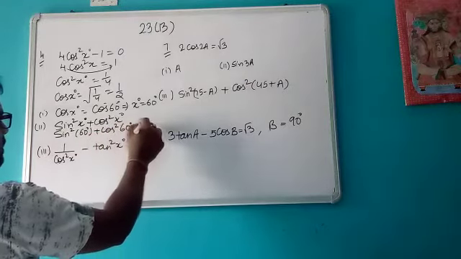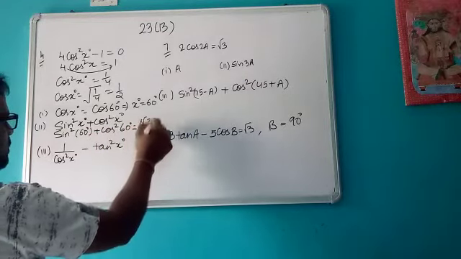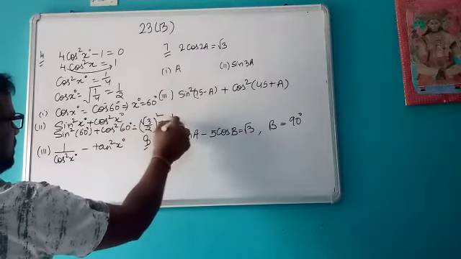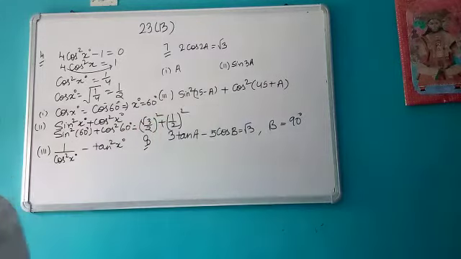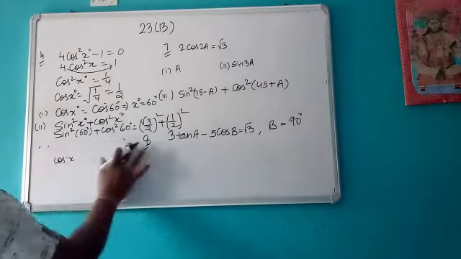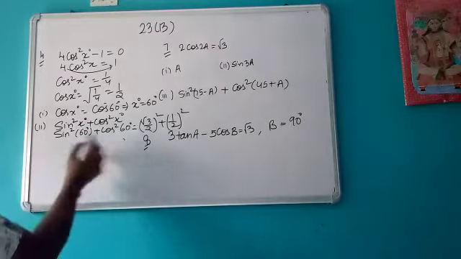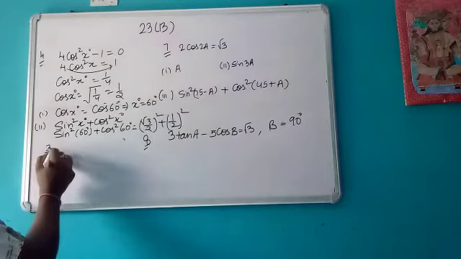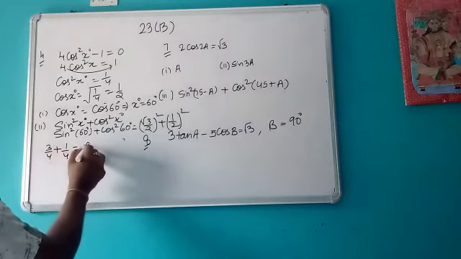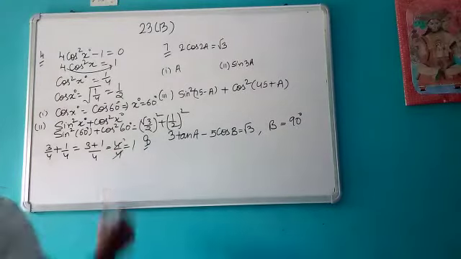So what is sine 60? Root 3 by 2 square, and cos 60 is 1 by 2 square. Then next, what is root 3 by 2 whole square? 3 by 4 plus 1 by 4, that is 3 plus 1 upon 4, 4 by 4, answer will be